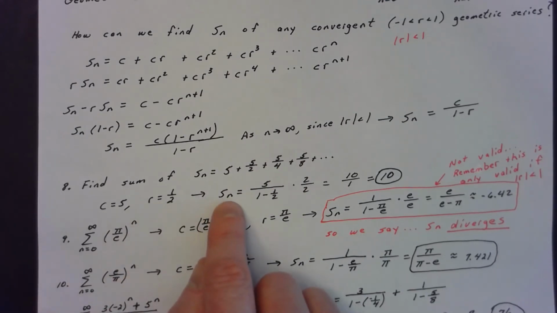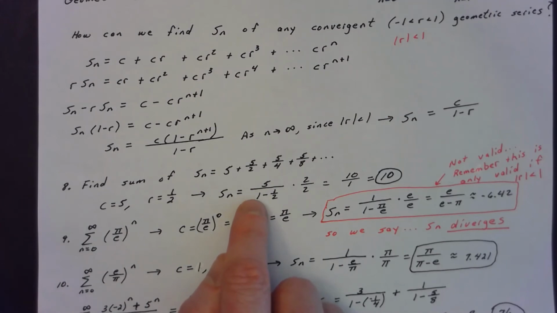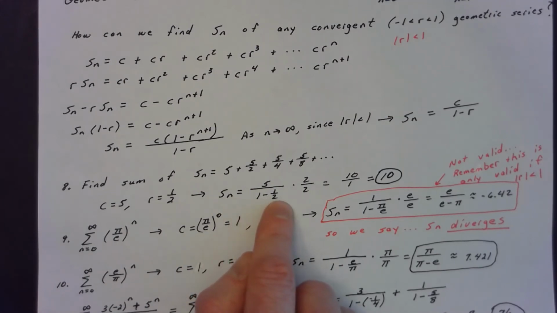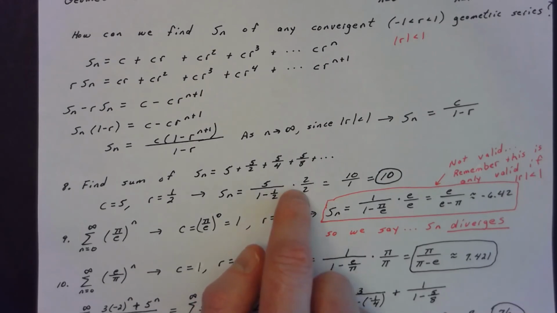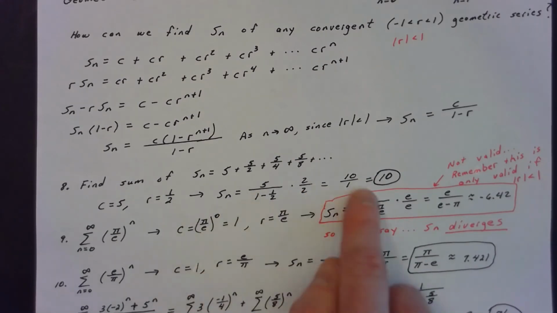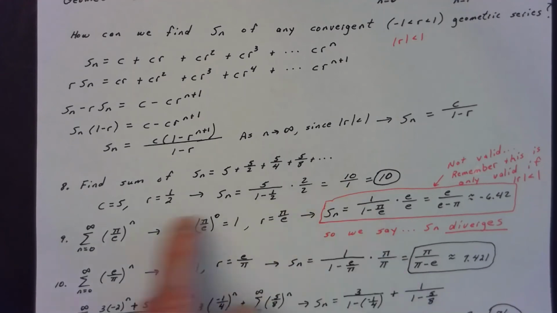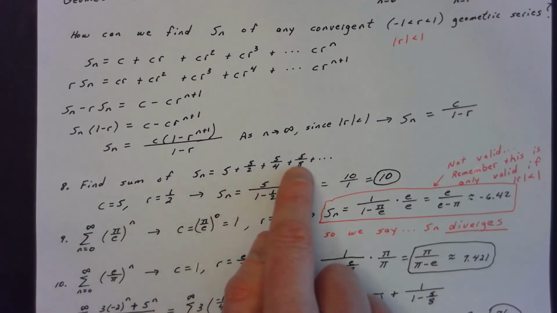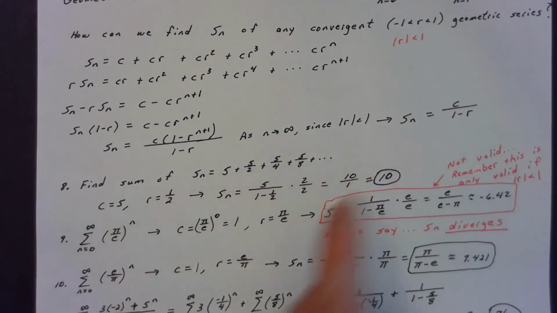The sum of this series is going to be the first term divided by 1 minus r, 1 minus 1 over 2. At that point, I just simplified this by multiplying by 2 over 2. I wanted to get rid of the fraction in the denominator. Gives me a 10 in the numerator. My denominator would have been 2 minus 1, which is obviously 1. The sum of this series, so if you added up all of those terms, infinitely many,